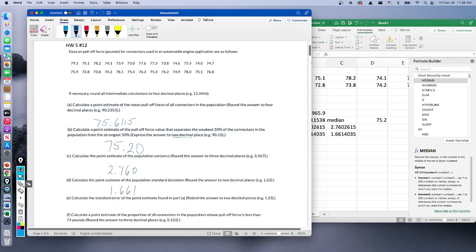Now that's going to be something a little different. What we need to do is take the formula. Let's see, what's that formula? Right, it's going to be the standard deviation divided by the square root of n. So in this case, it's going to be